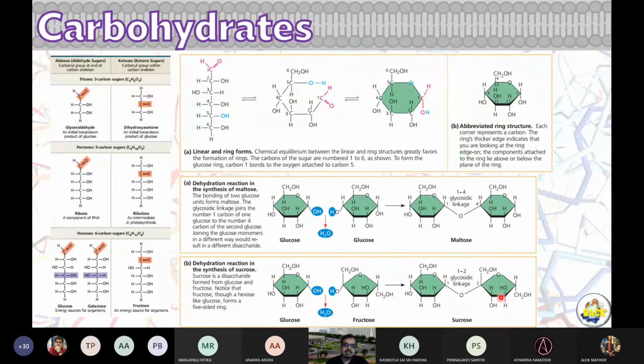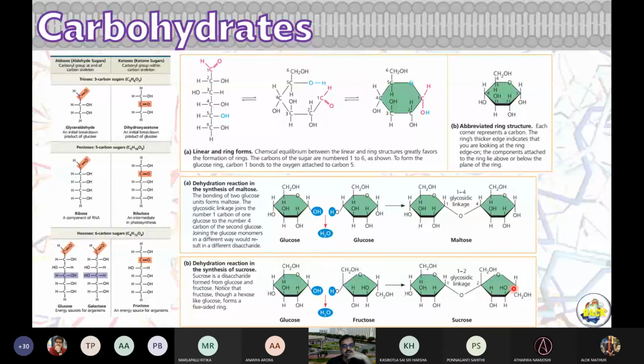So 5-membered rings, you do not have to remember this. I'm just saying that there is a specific name for this 5-membered, 6 carbon atoms ring. Here you have 2 carbon atoms dangling outside the ring. In case of a 6-membered ring, 1 carbon atom dangles out of the ring. You can see that, the 6th carbon. Here, carbon 1 and carbon 6 both dangle out of the ring. This is carbon 1, this is carbon 6.